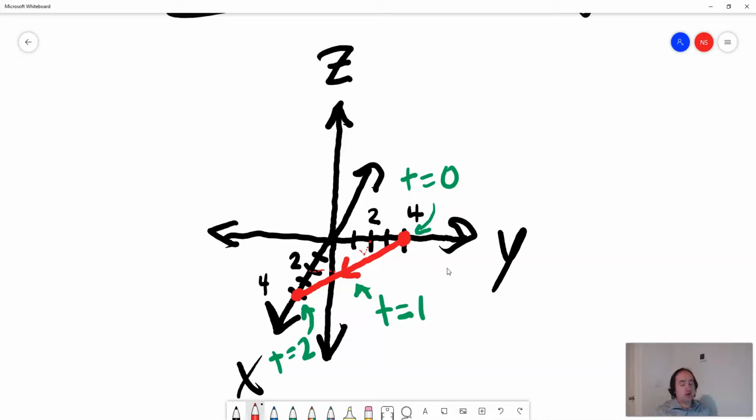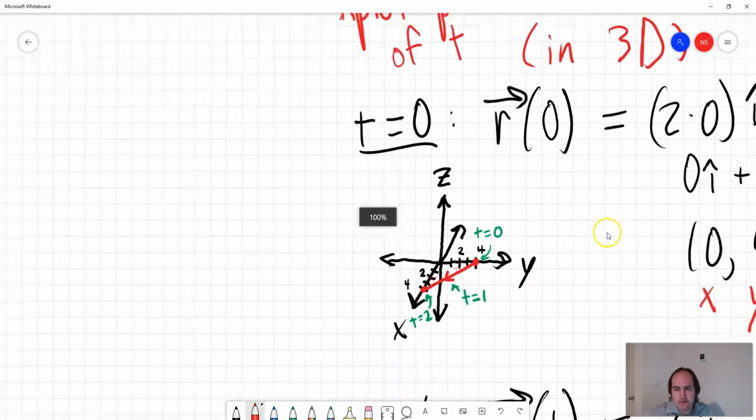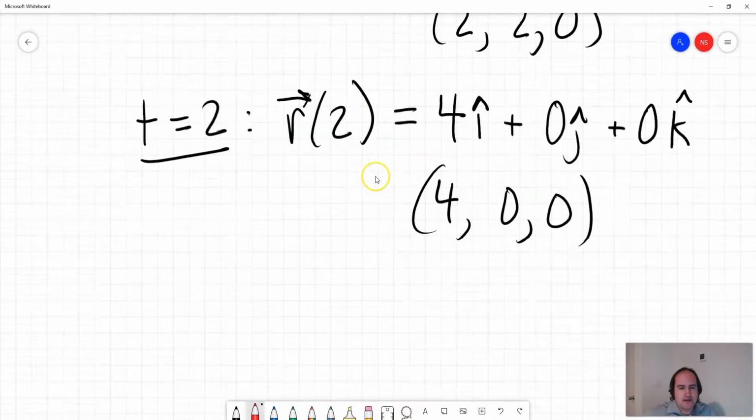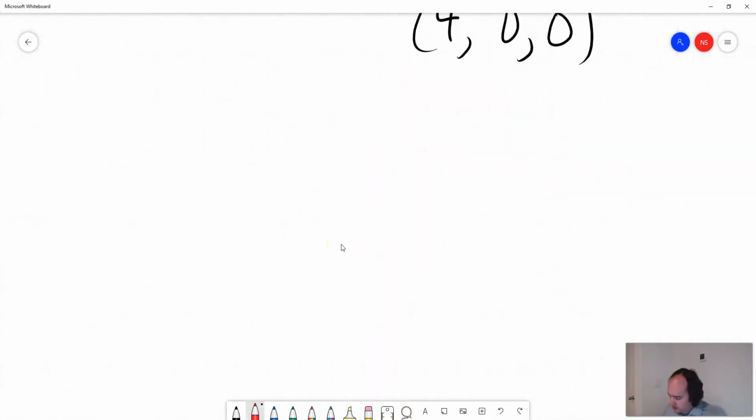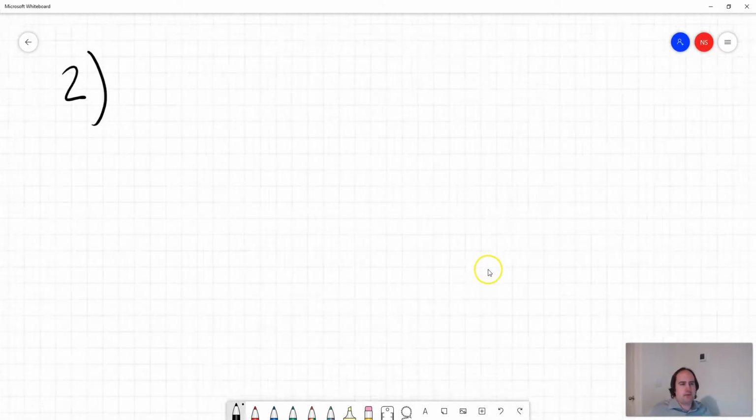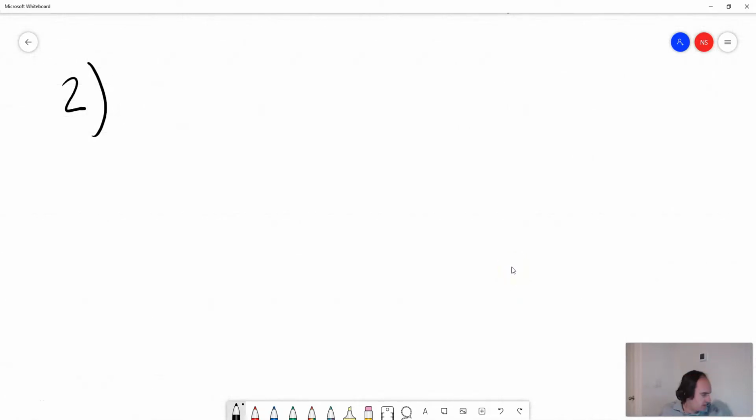Now not every equation, of course, is going to be linear. We also have other shapes. So for our second example, we'll look at a nonlinear vector equation. So for example number 2, let's look at a nonlinear vector equation. So this one is r of t equals,